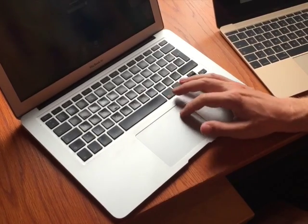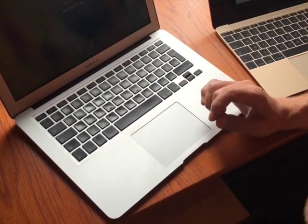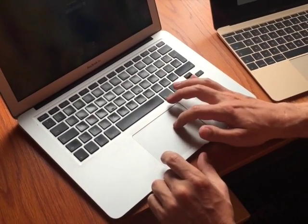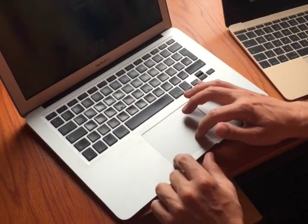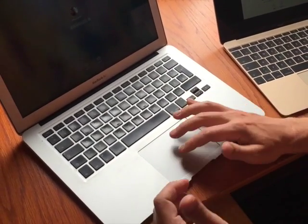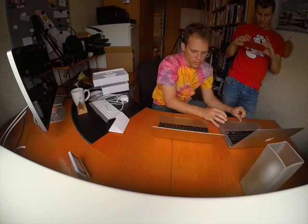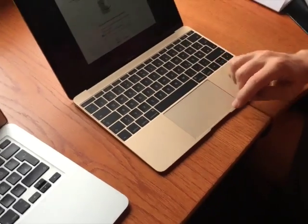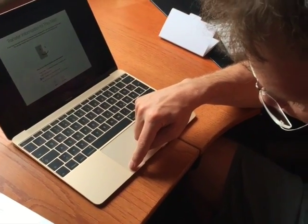I've enabled these. Some people have problems with being accurate, but I never had such a problem. But I also found that I often move the mouse pointer with the right hand and click with the left. So if it's just about left clicks. And of course a right click you can also do by clicking with 2 fingers. Now on the new MacBook Air, nothing moves. But if you tap on the side,